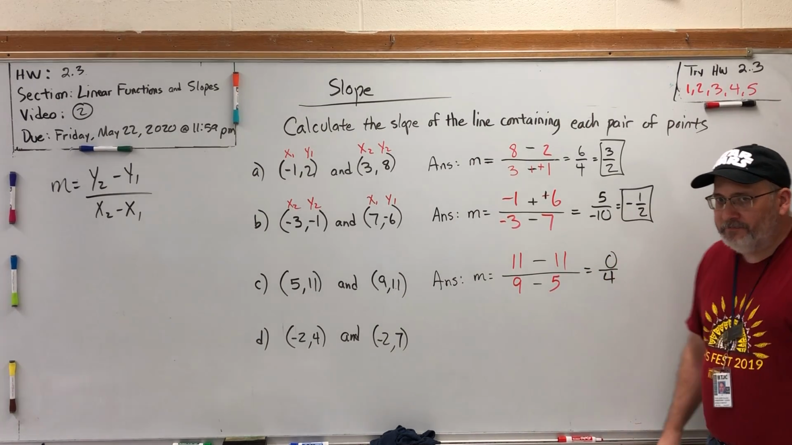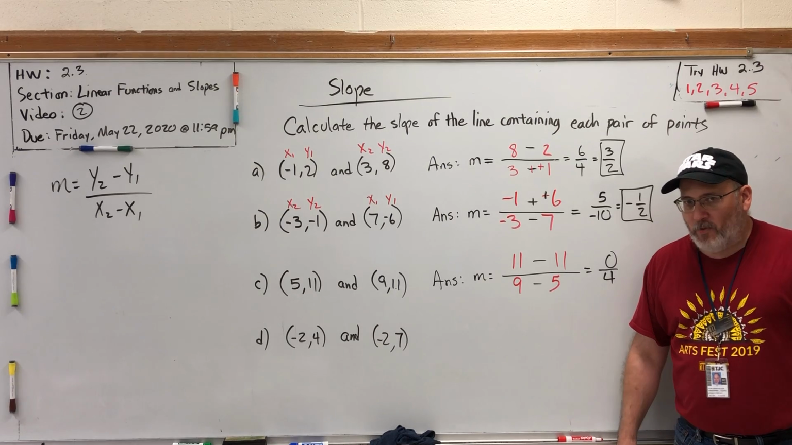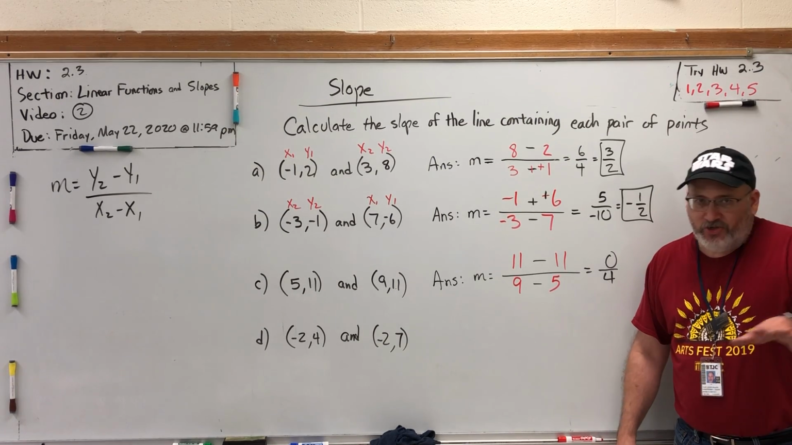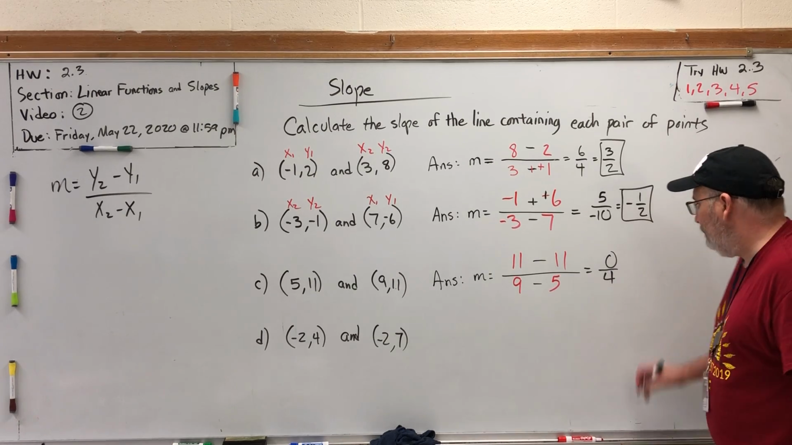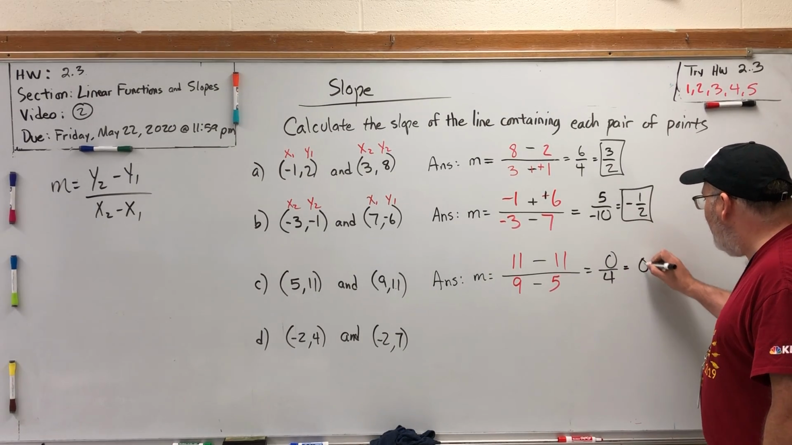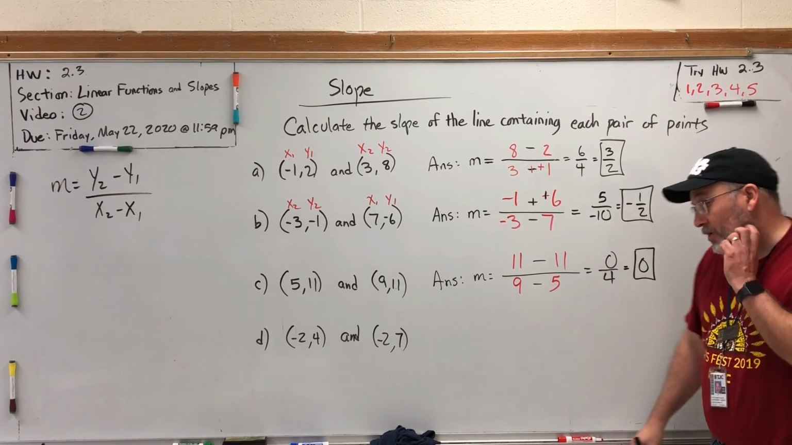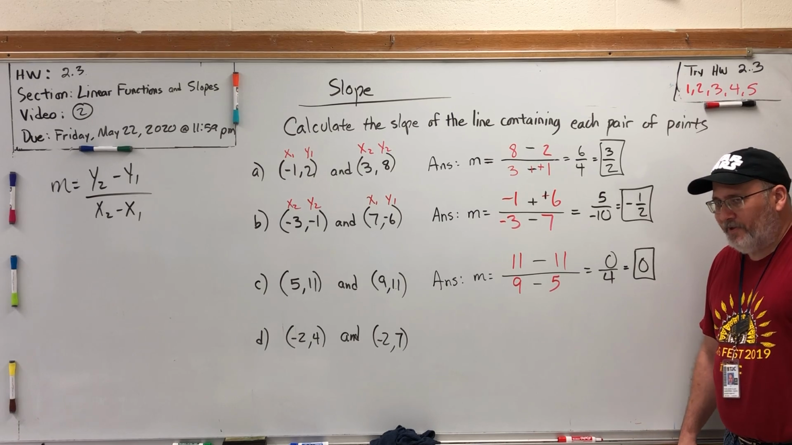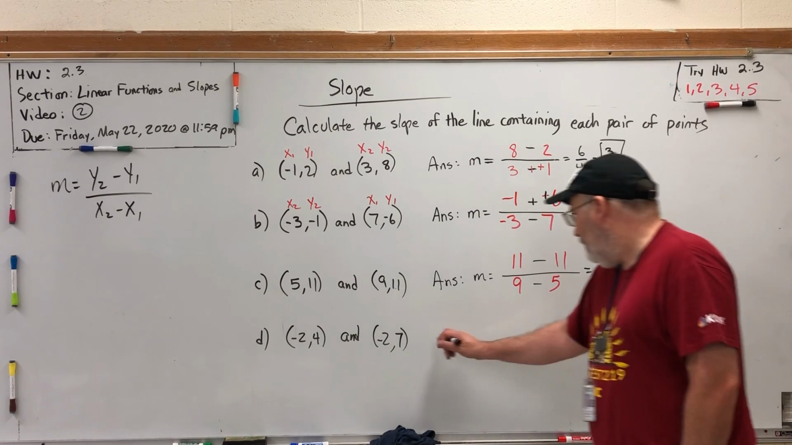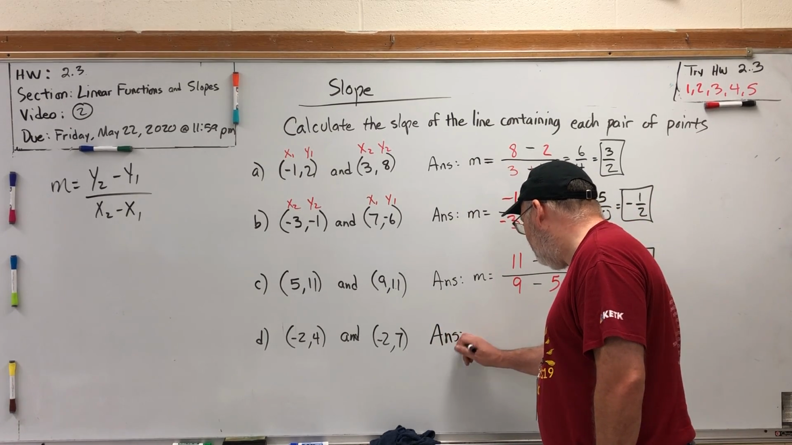Can we do that? Can we do 0 divided by 4? If you have $0 and share it with 4 friends, how much does everybody get? 0. It's okay if 0 is on the top of a fraction, as long as you don't have 0 on the bottom. So this line has a slope of 0, and I wonder what that means if we're measuring how steep a line is. For the last one,